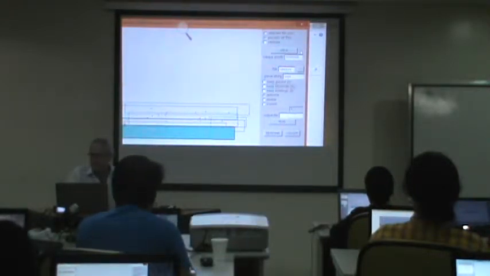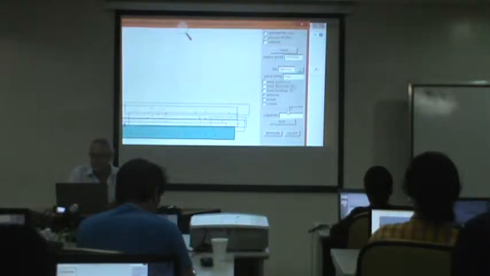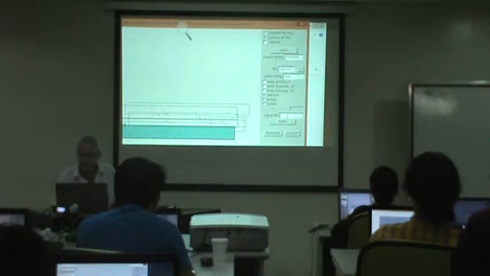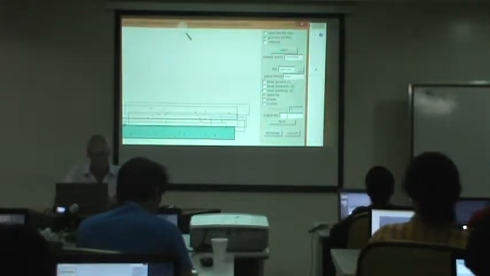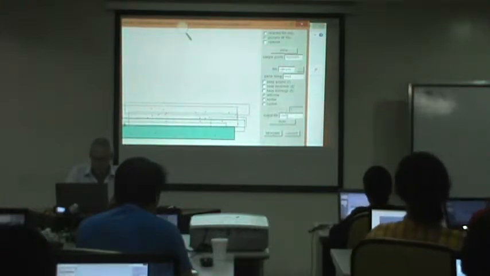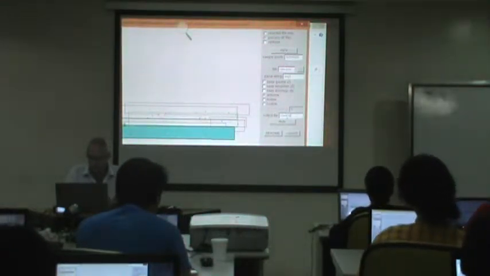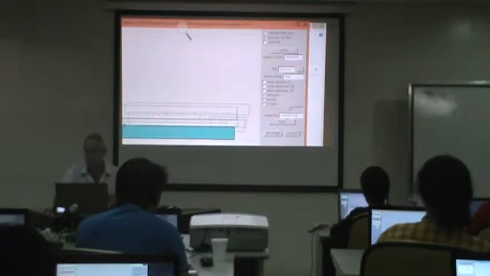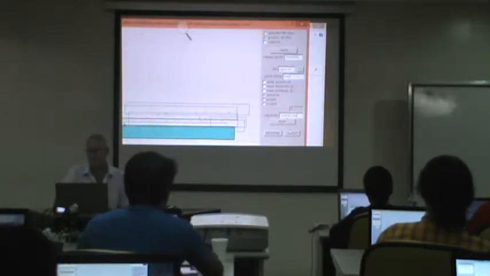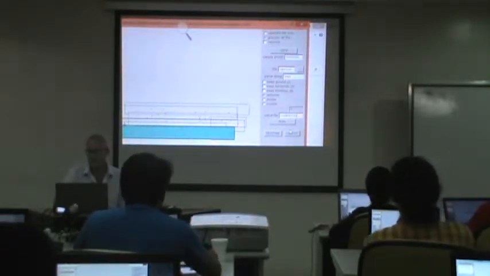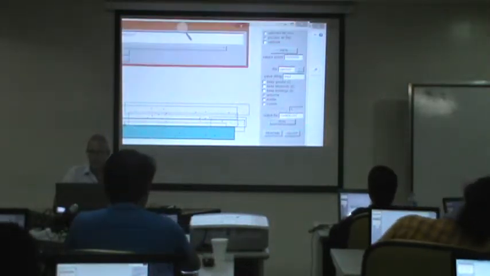And the output file, let's give it an output name. Let's call it control.csv. And then I'm running,